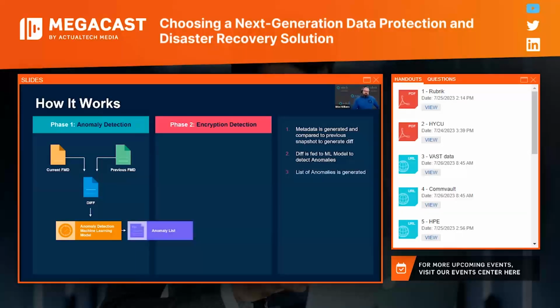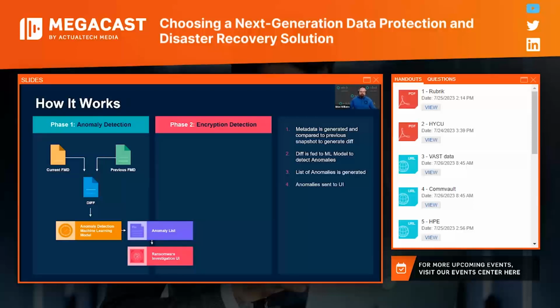The diff file is then fed into that machine learning model. Here, a number of things are looked at. Things like number of changes, additions, deletions, and how the files are modified, right? For example, were they modified by a user account? Were they modified by the system itself? And of course, how these files themselves have been named. Are they suspicious in nature? Because we can actually key on that. I'll show you in the demo later how we actually see the ransom notes, which is pretty cool. And so the machine learning model uses labeled data sets to classify these things and then outputs a list of anomalies.